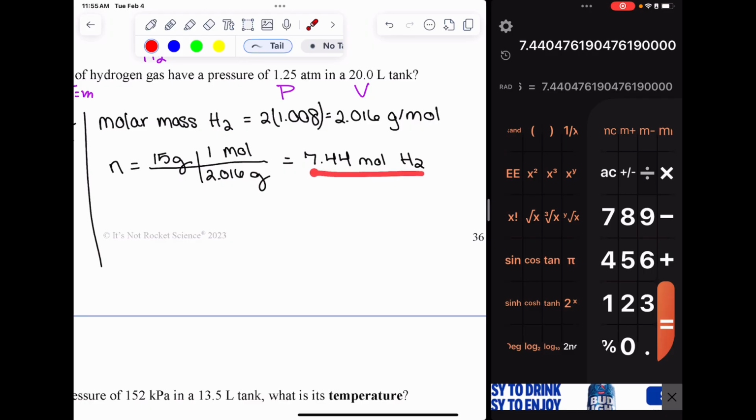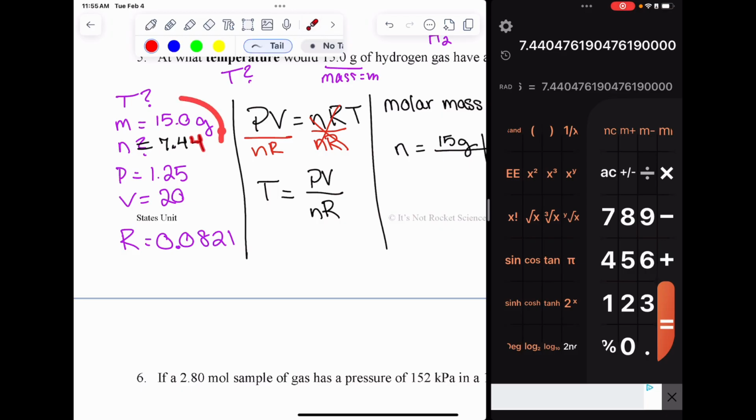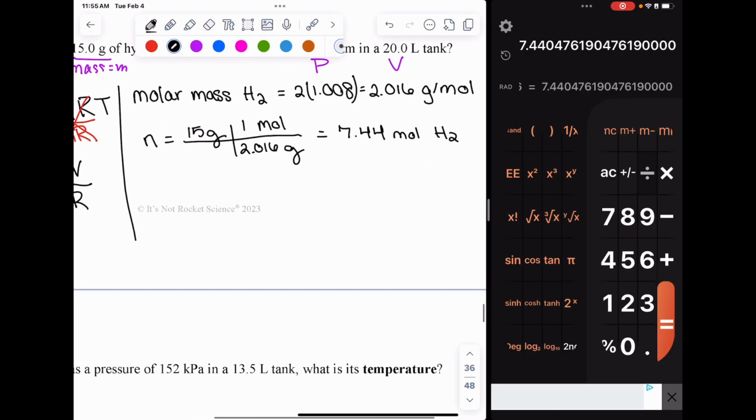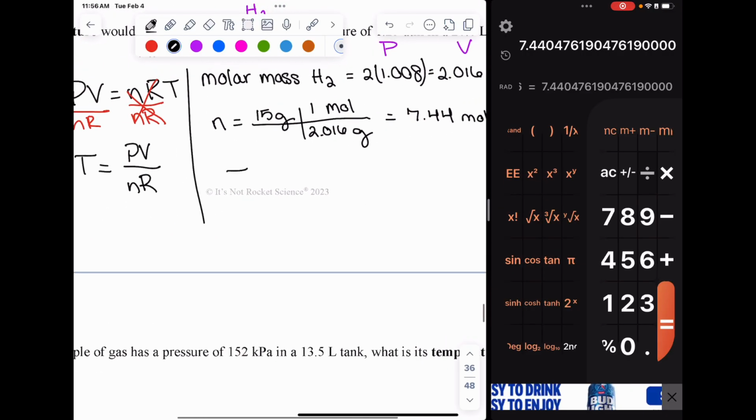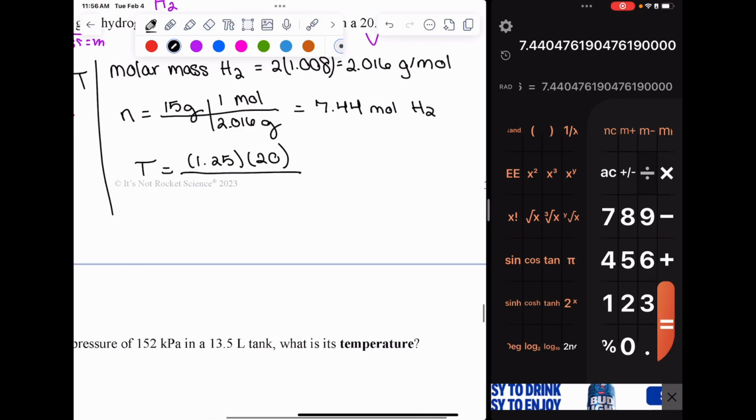Now that we know how many moles we have, 7.44, we have everything we need in order to plug it into our formula. So finally, in our formula, we need to find temperature. We're going to be plugging in pressure and volume on top. Our pressure is 1.25. Our volume was 20. And we're going to divide that by the number of moles, which we found was here, 7.44